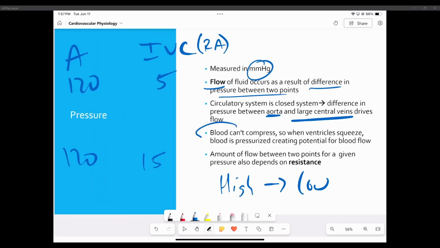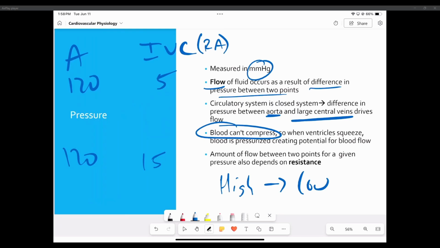Blood by itself, it's a liquid. It can't compress. So when the ventricles squeeze, it starts to pressurize the blood, causing potential for flow. I told you there'd be physics involved. There's a lot of physics in this whole system. So all we're doing when your heart squeezes is pressurizing the blood. So when that blood gets released, it flies out. It's like you have a hose and you pinch off the end, so no flow of the water can happen. Then you release it and it just flows out. Same thing